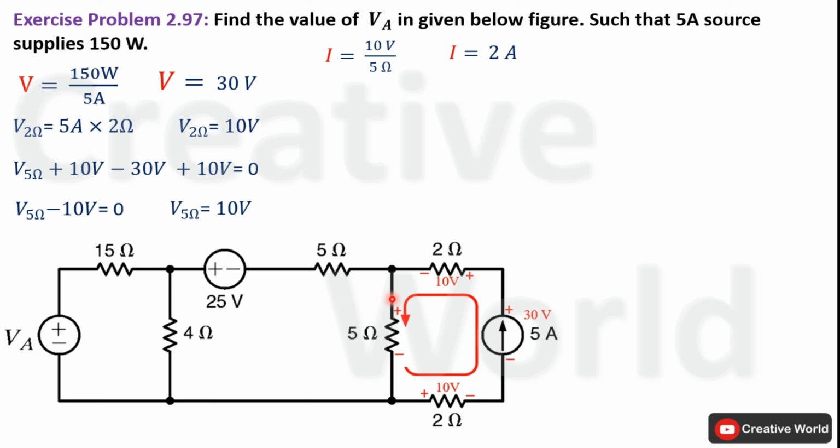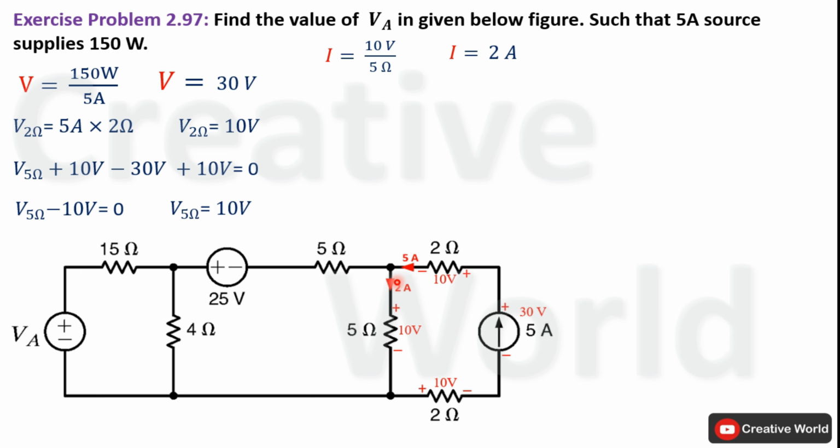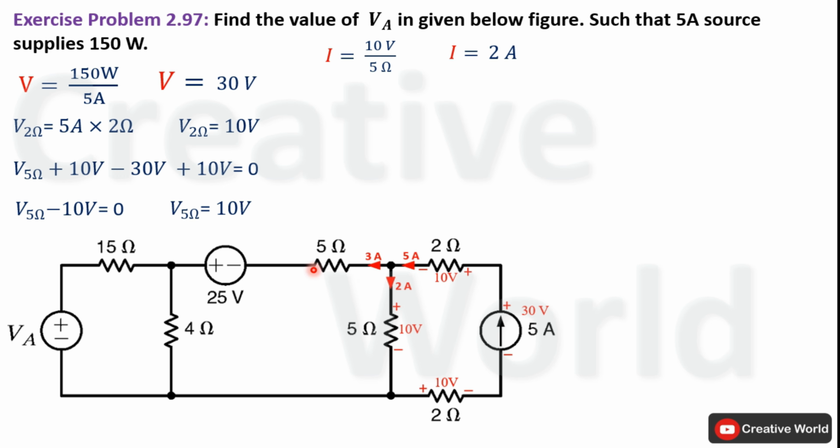Modify the network by indicating current through this branch with its polarity. Now we will apply Kirchhoff's current law on this node to calculate current of this branch. On this node, one current is entering, that is 5 ampere, and one current is leaving, that is 2 ampere. So in order to justify Kirchhoff's current law on this node, 3 ampere current should leave from this branch so that the accumulative current on this node remain 0. So 3 ampere current will be flowing from this branch and the direction of current will be right to left